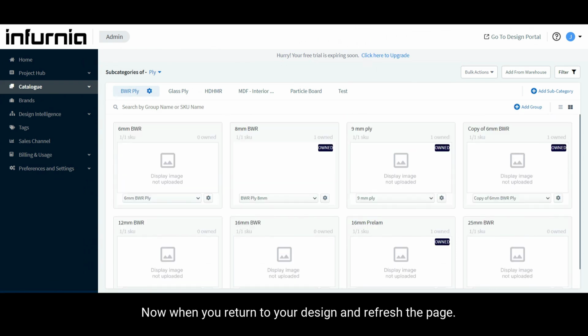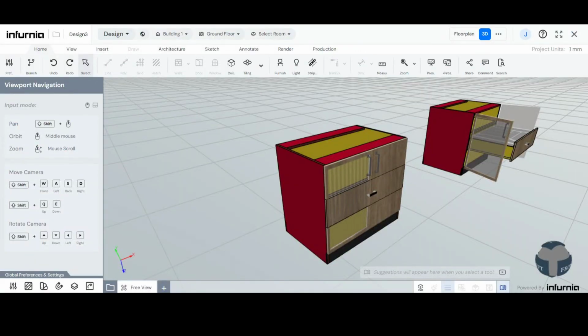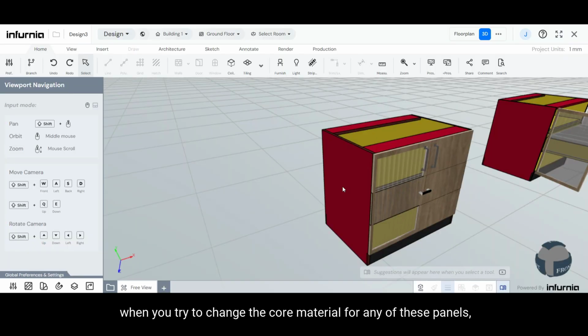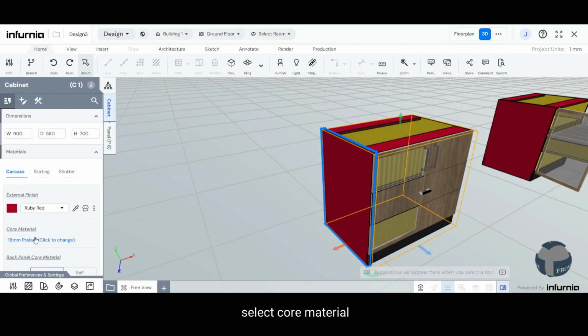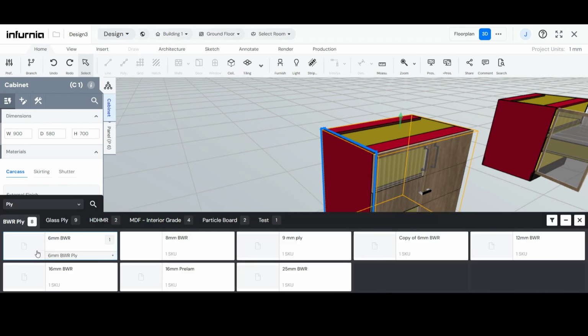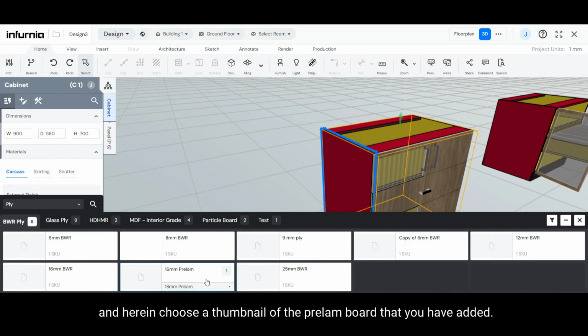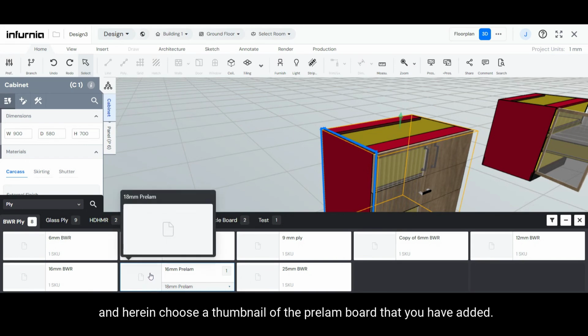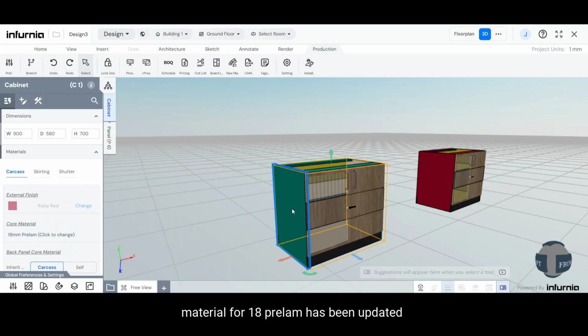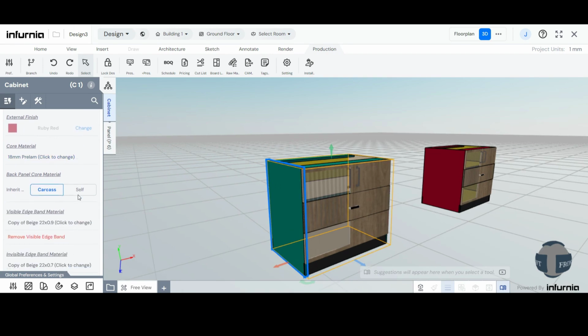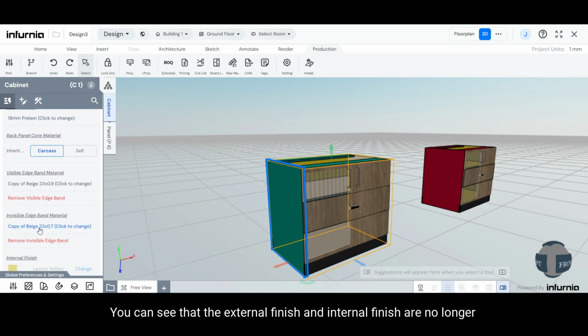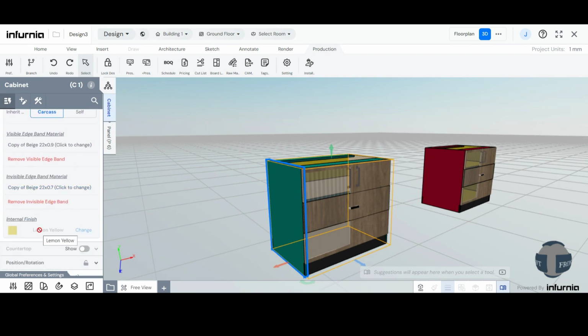Now, when you return to your design and refresh the page, and now when you try to change the core material for any of these panels or for the overall carcass, you select core material and herein choose a thumbnail of the prelam board that you have added. Core material for 18 mm prelam has been updated accordingly. You can see that the external finish and internal finish are no longer editable,